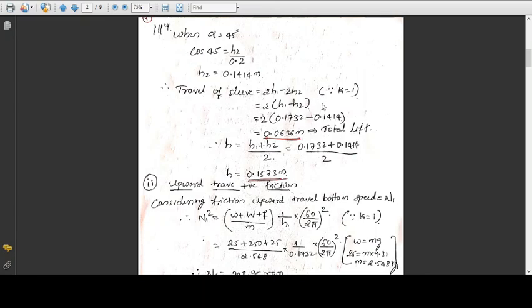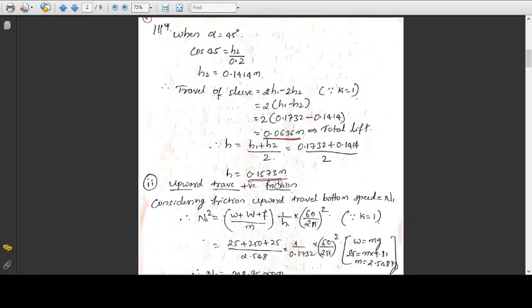This condition is only when k equal to 1, that is when tan alpha is equal to tan beta. We already have calculated the values of h1 and h2. Substituting those values in this equation, you will get travel of sleeve as 0.0636 meter. That is going to be your total lift. Now if you want to calculate the mean height, h equal to h1 plus h2 divided by 2. If you substitute the values of h1 and h2 in this equation, you will get the mean height, that is h equal to